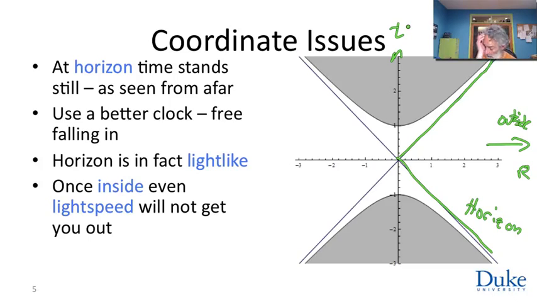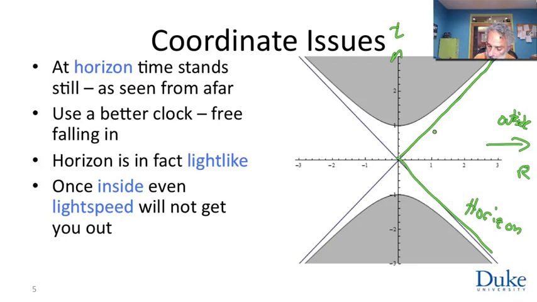And what you notice here is something very strange. The horizon is not a place at all. It is tilted at 45 degrees. The horizon is the position of a light beam, when you use suitable coordinates to be able to distinguish that. In the coordinates we got using clocks from far away, we couldn't really tell that because the light cones in those coordinates were squished down to nothing. But in these coordinates where you can see what's going on near the horizon, you see that the horizon is in fact the world line of a light beam, and this immediately explains why light cannot